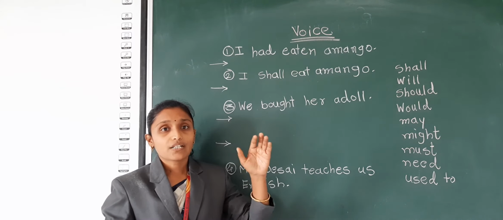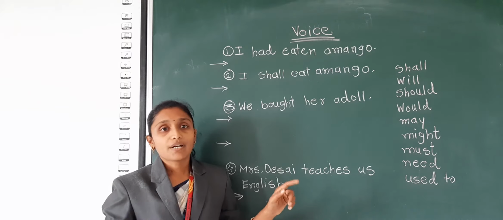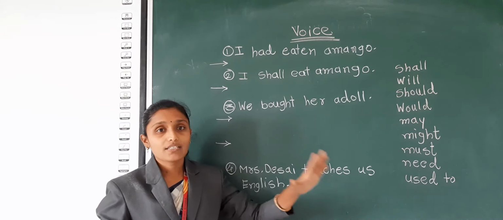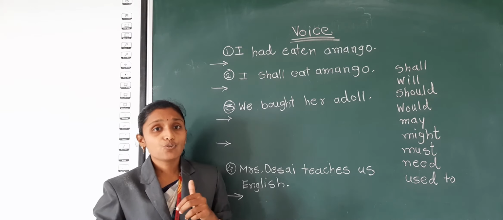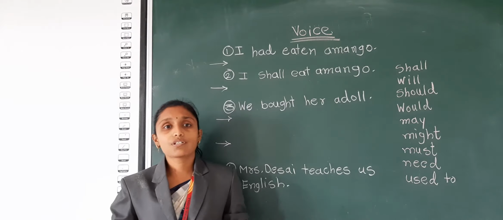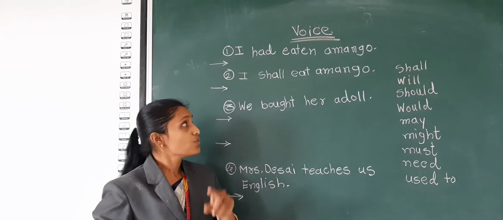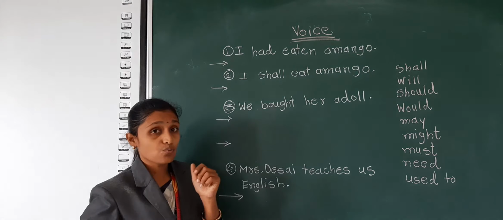So these are the 5 most important things in a passive voice. Yesterday we saw, for example, "I write a letter" means "A letter is written by me." These 5 things are involved in a passive voice. Today we will see how to convert that type of sentence. This is very easy, students. Only some rules you should follow.